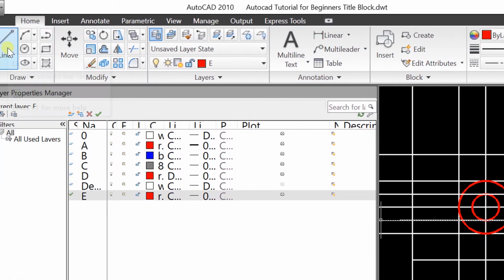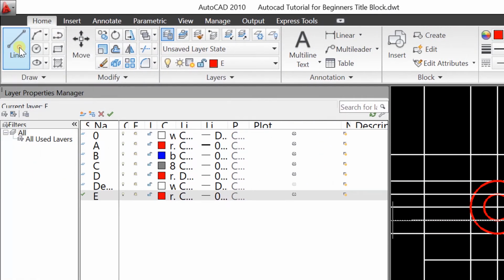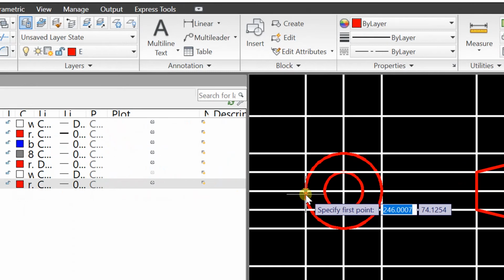Okay, so we go use this one, line command. Okay, so we want it to be at some extension from this point. So let's say 5 centimeters from this point. Okay, from the edge of the circle. So 5, 3. Okay,